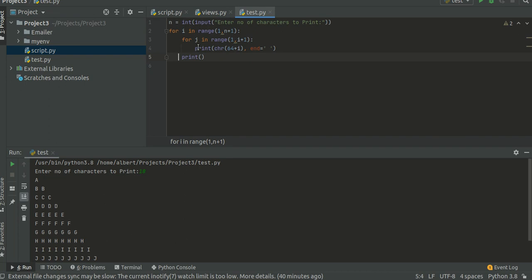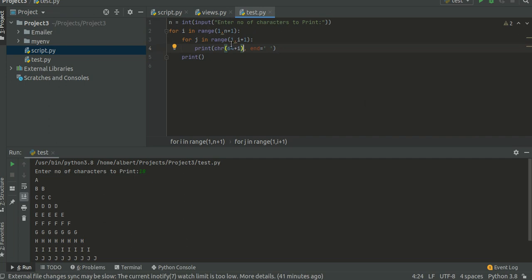Similarly, the nested loop j runs from 1 to i plus 1, where i plus 1 is excluded as we are using the range function. The range function returns values from the start up to one less than the last parameter.